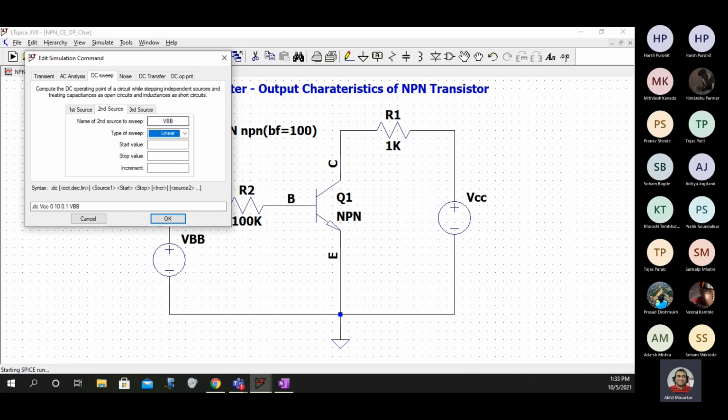Also I'll change linearly, the start value is going to be 0, and the stop value you can just take as 2, in steps of 0.5. I want to see fewer values of VBB and lots of values of VCC. So once I do like this, I'll say OK.